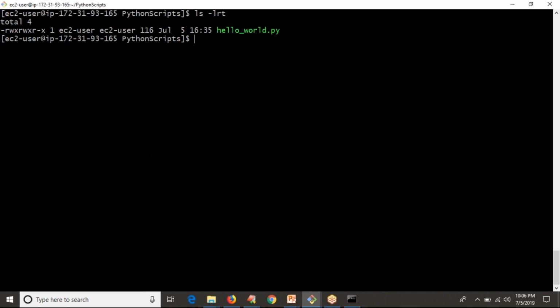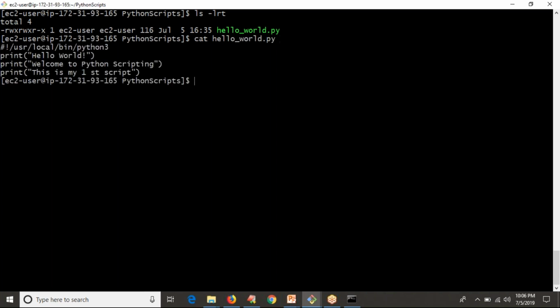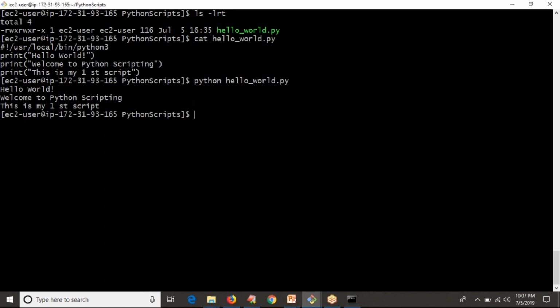So if you want to use some other Python, different from the default Python version we mentioned inside your script, like Python 3, and I don't want to use Python 3, I want to use Python 2, then simply externally you can mention python and then your hello script. It will also work. If you mention it inside your script, it will take that one. If you don't mention it, you can run from outside. Even if you mention it inside, when you give it from outside, we'll take that Python.